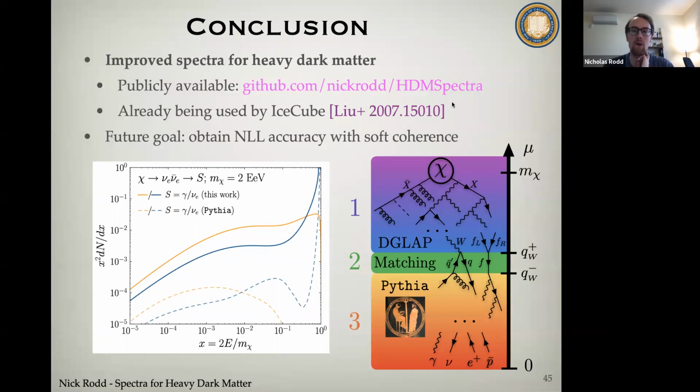But this is something that they will update going forward. But I guess for the limits where the dark matter mass, or in the case of annihilation also the mass, is in their range of energy sensitivity, I would expect less than an order of magnitude difference. Yeah, absolutely. Yeah. Okay, thank you.